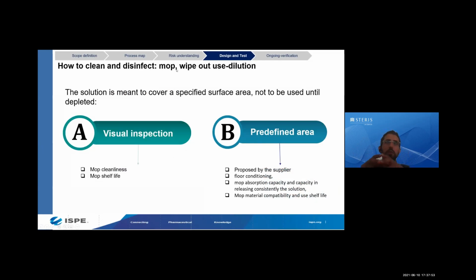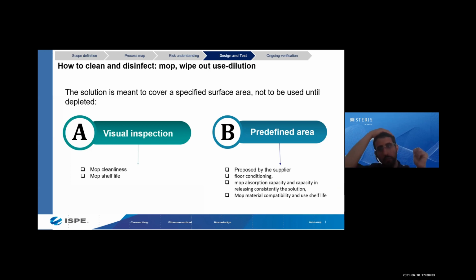Now that you have spoken about the solution, let's speak about the mop and the wipe, and after how many uses I can remove them. So depending on whether it is single use or not single use. If it is single use, you want to make sure that you look also with the supplier at how many square meters it is capable of covering. But then you will have to look at the visual inspection and the mop cleanliness and also the mop shelf life. If it is a reusable mop, you want to make sure the number of cleaning cycles is adequate to not